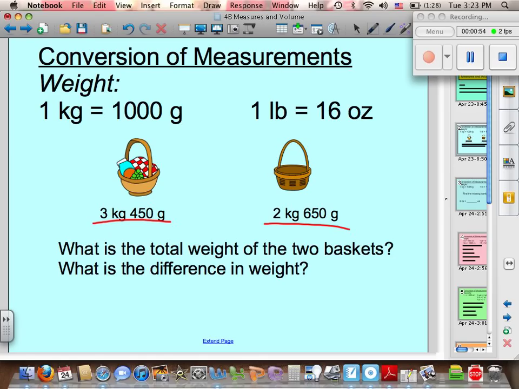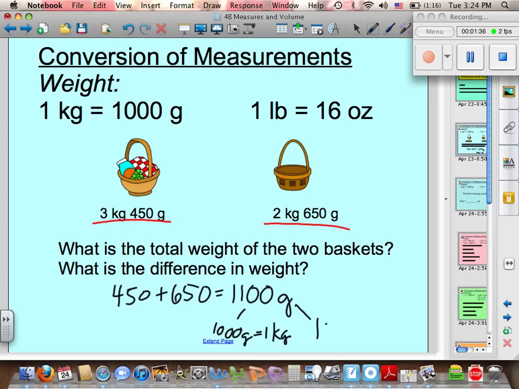So in order to find the total weight of these two baskets, we are going to have to add them together. So let's start with the grams. So we are going to add 450 to 650. And you will see that we will get 1,100 grams. Okay? So 1,100 grams, well, we just remembered or refreshed our memories that 1,000 grams equals 1 kilogram. So we can take 1,000 of these grams and turn them into 1 kilogram, which will leave us with 100